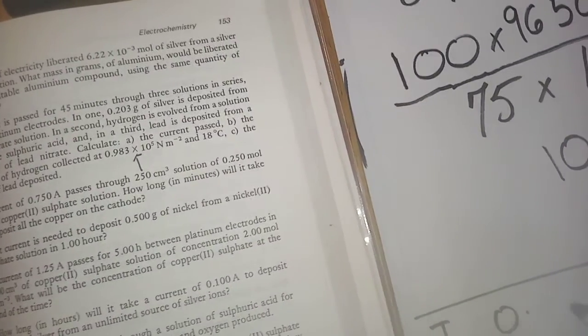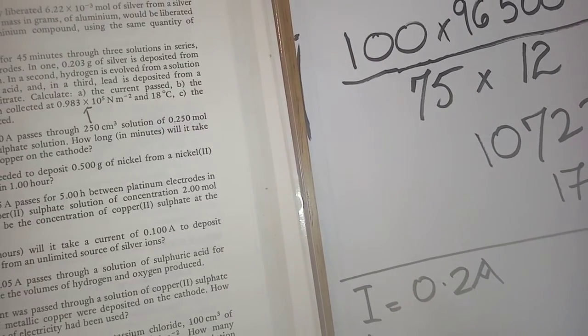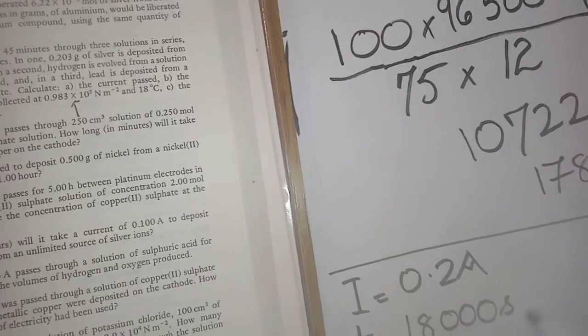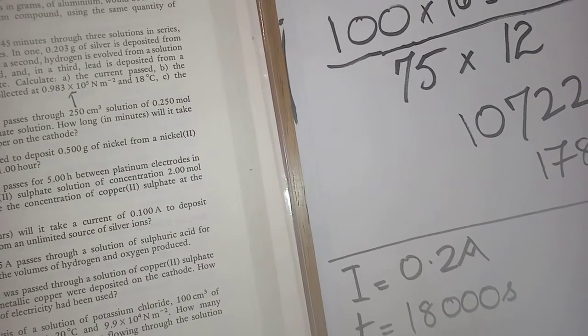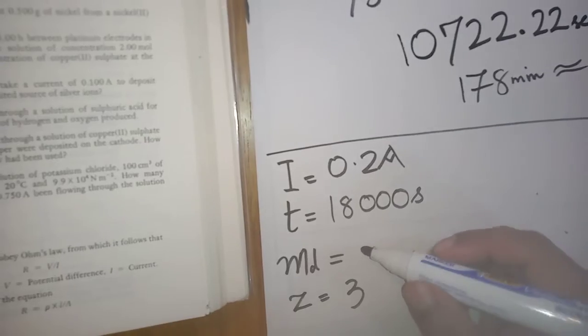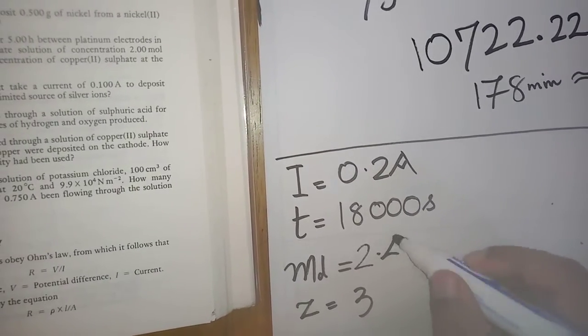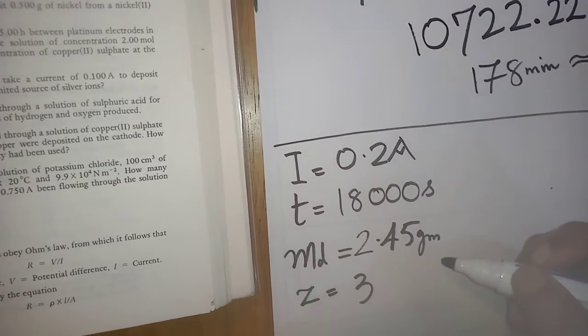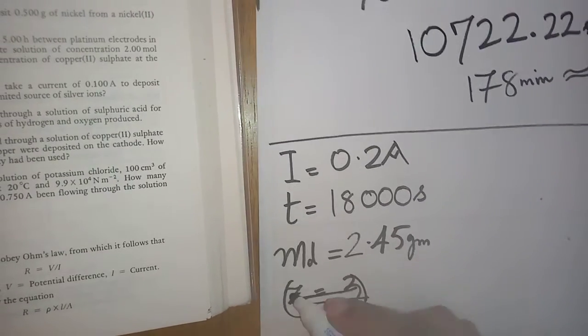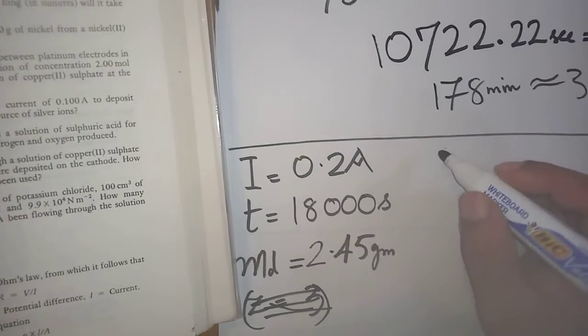The first of them is a current of 0.2 amperes passing for 18,000 seconds, and mass deposited of gold with an oxidation number of 3 is 2.45 grams. How do we find out the charge? Not yet, so we have to find the charge. The charge will be